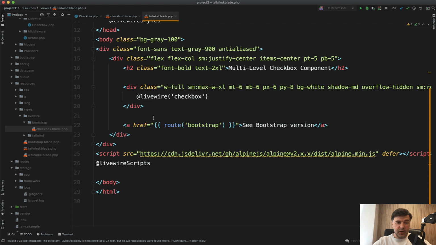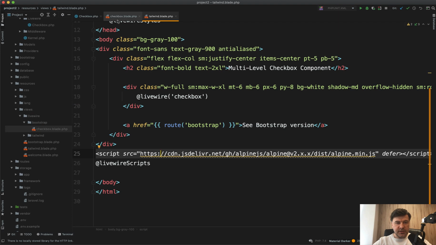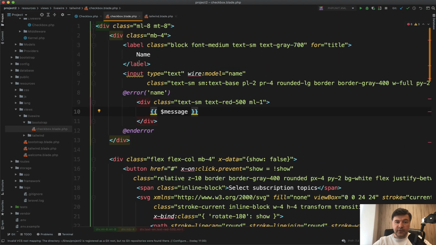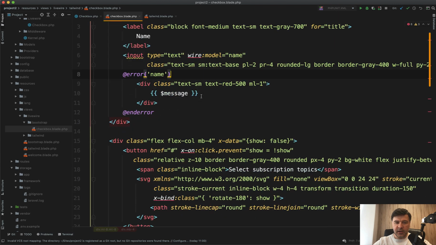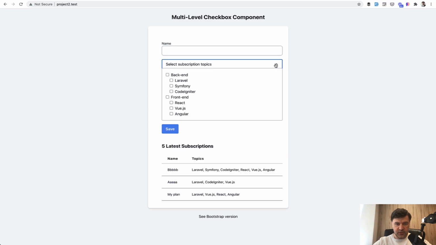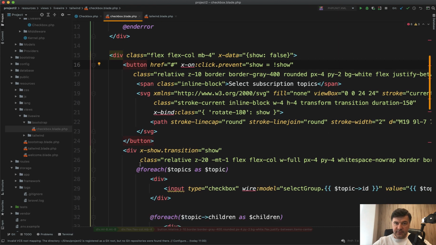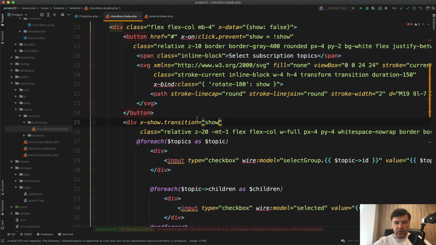In the main blade, you have Livewire component loaded like this, and also important part, we also load Alpine.js for that component of dropdown for this one, and it works in a checkbox blade if you open that up. At first you have a typical form with wire model name and stuff like that, but then it gets more interesting. It's quite a big structure with Alpine.js on how to show that dropdown. So there is x-data show false, and on click of the button, we have toggling the show, so it's showing or hiding,